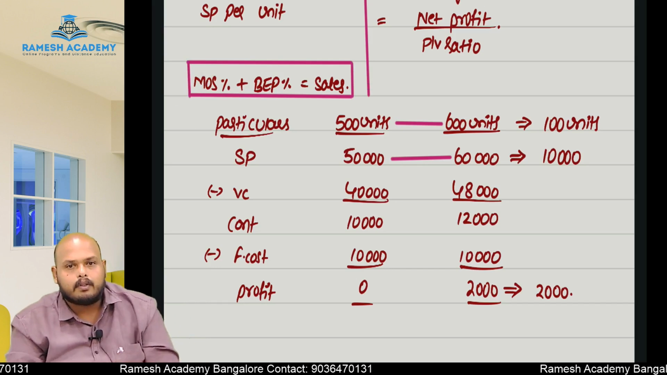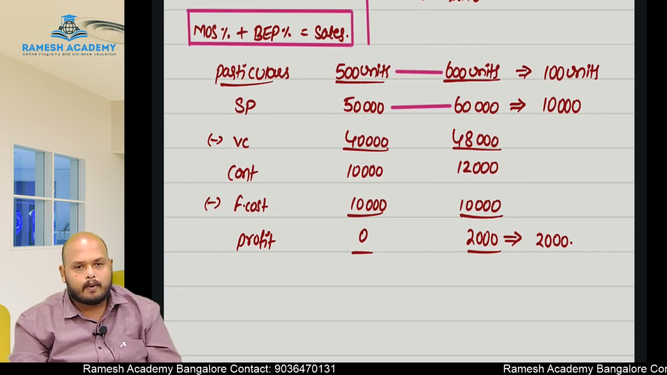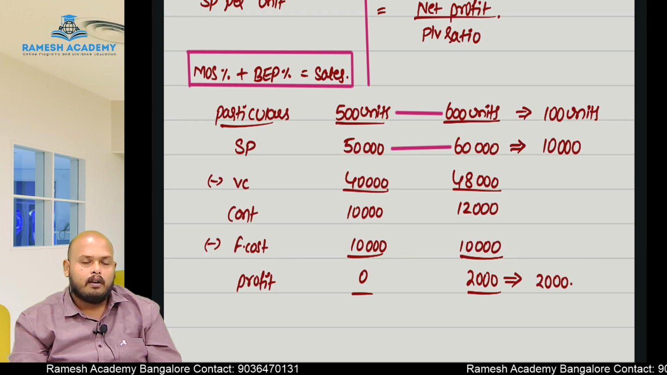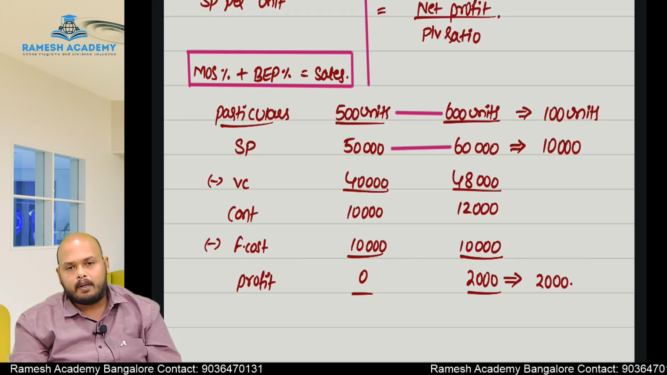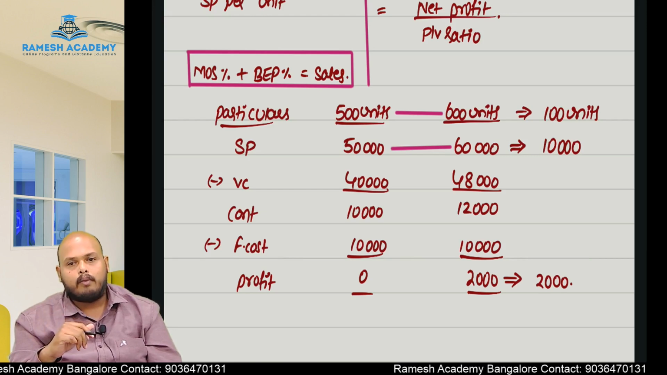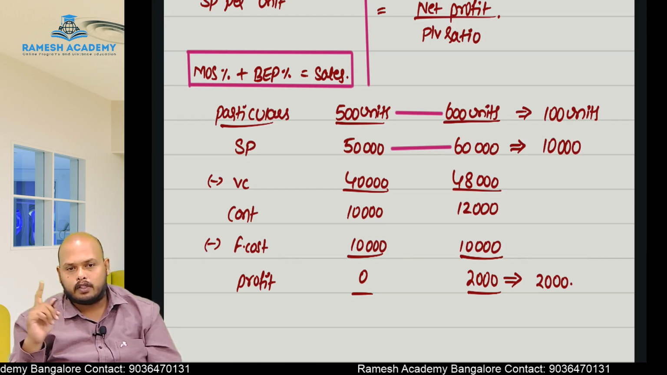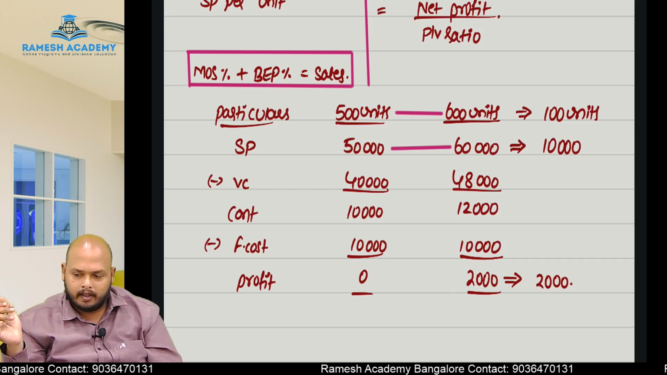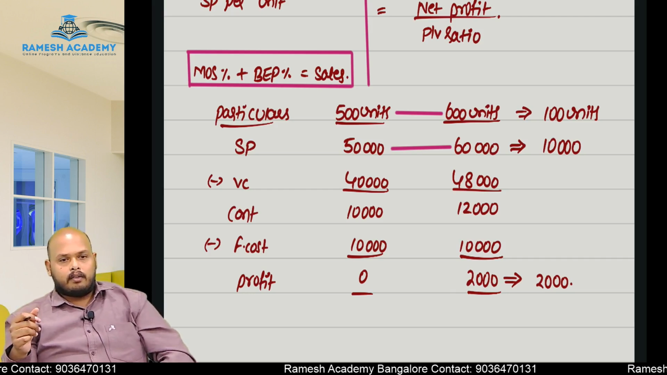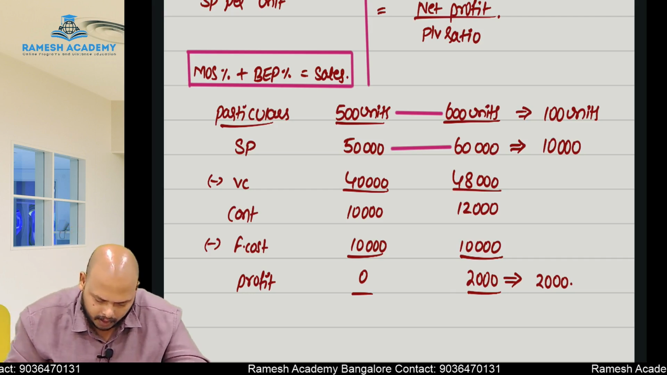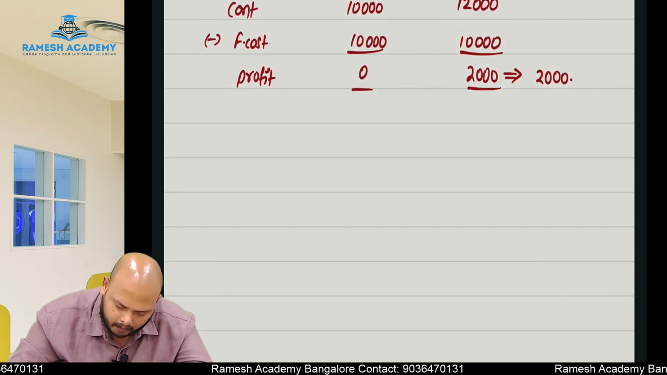Which we will use. This is one more universal formula we will use. There are two universal formulas. PV ratio plus variable cost ratio is equal to 1. Margin of safety plus break even point is also equal to 1, or sales. Anything we can write. So these are the two formulas which we will use. Okay. The next concept we have here is